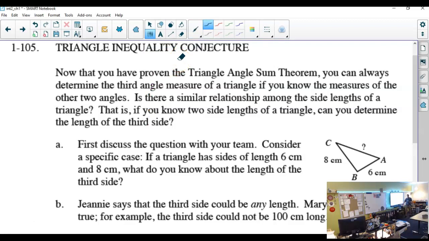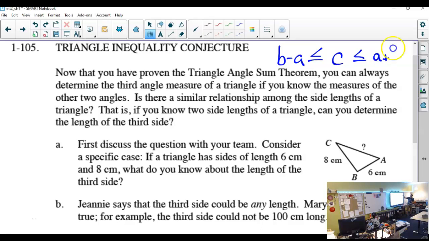So if I make these A and B, and I make B the bigger side just to make life easier, B minus A is less than or equal to the third length, the C, the third length I'm looking for, is less than or equal to, I go all the way around here, whatever. Yeah, the sum, because this, no wait,